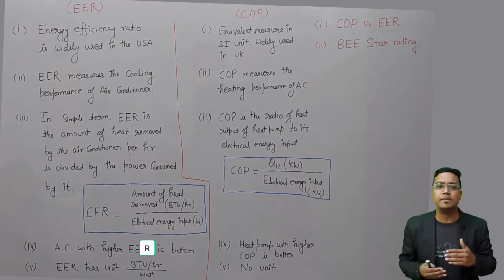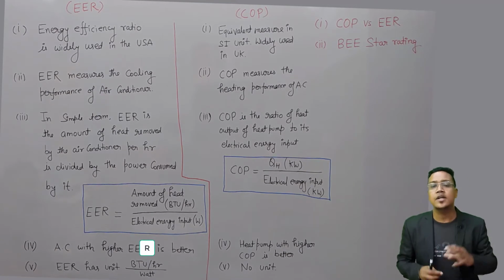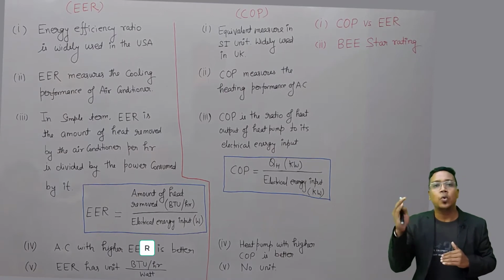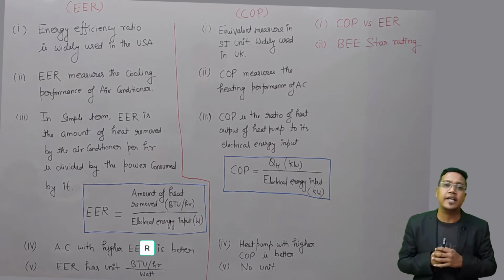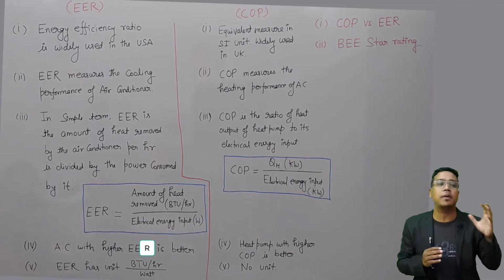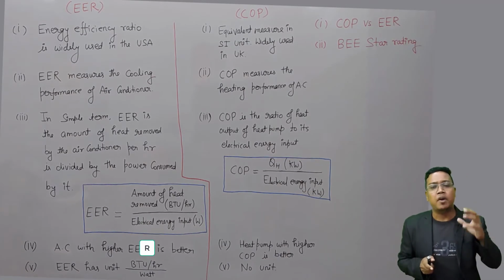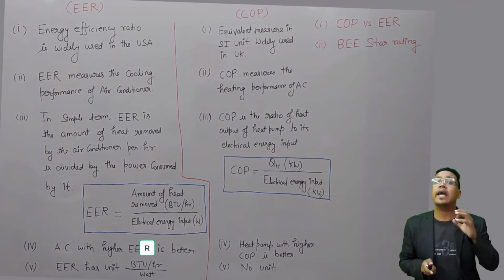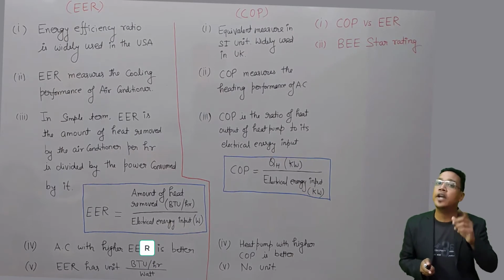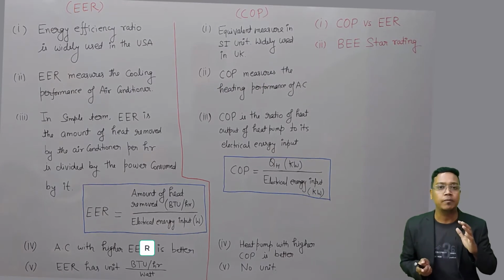Now, here is some difference, because commercially, when we purchase an AC, it has both systems, heating system and cooling system. In the market, the AC has both systems, like an inverter AC has both the cooling system and heating system. If we calculate the performance of that AC for cooling, that is EER. If we calculate the performance of the same AC for the heating system, then it is called COP. Understood? I'll explain when we go deep into this video.